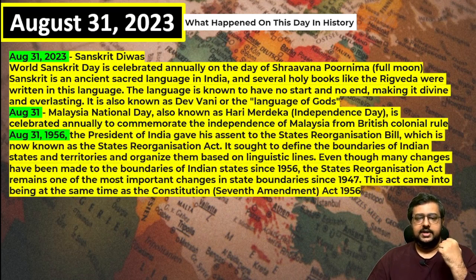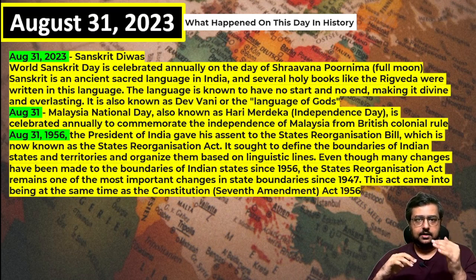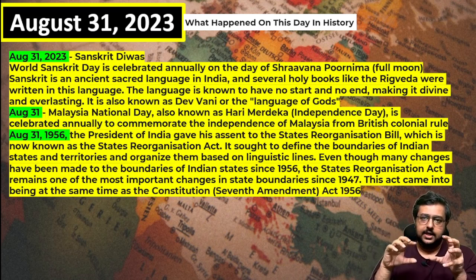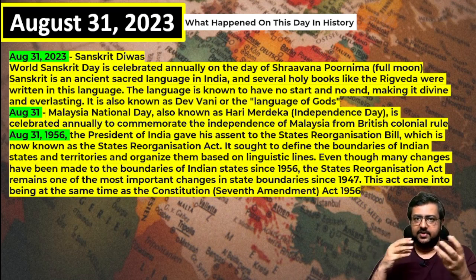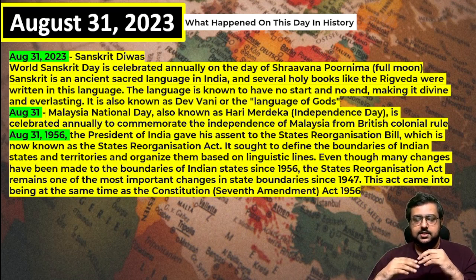Okay, then August 31, 1956, the President of India gave assent to the States Reorganisation Bill. You know, 1956 is the time when our states became a number of states, made majorly on linguistic lines. It's written linguistic, but it's not fully linguistic, majorly linguistic. That and all in polity, you know, there are different committees. The Jawaharlal Nehru committee was there, and different committees came, and they finally came to the conclusion that language should also be used, and that's how you have Kerala, Tamil Nadu, Andhra, and Karnataka, all language based. And even Punjab and Haryana, but that and all is different years. In the 1960s it happened, but the act was actually passed in 1956, August 31,